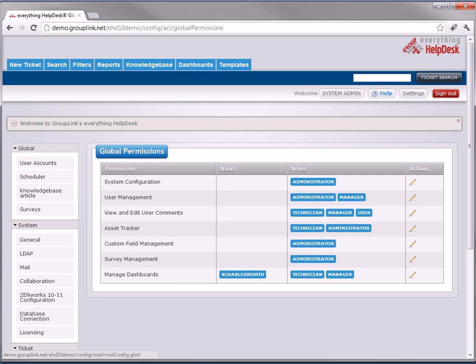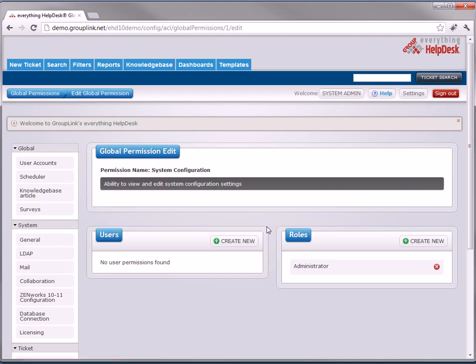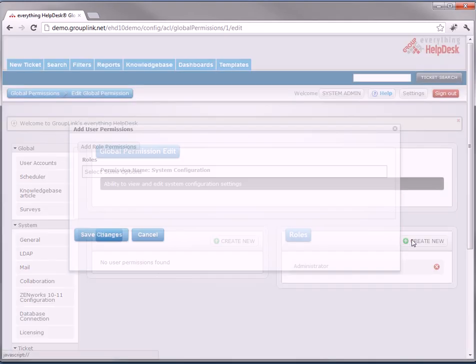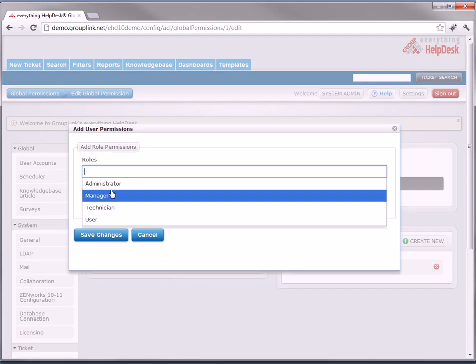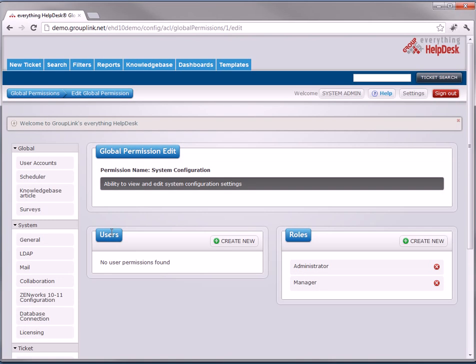So to begin, you'll see here what I was discussing, system configuration. Currently this is given to the administrator only. If you would like to give this to a different role, maybe you want your managers to be able to configure the system, all you have to do is click that edit icon, and now you'll be taken to this screen, which is a global permissions edit. You'll hit create new. Now you can add the new role to give that permission to, in this case, the manager. Save that. Now the administrator and the manager have the rights to be able to work on the system